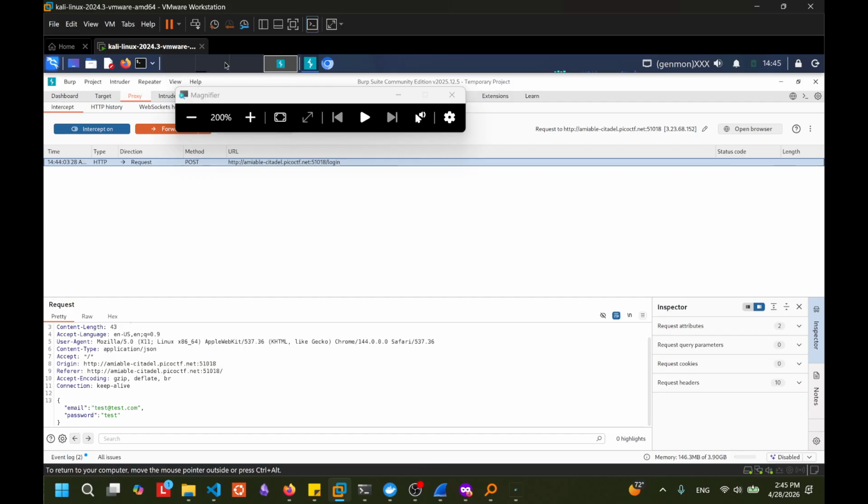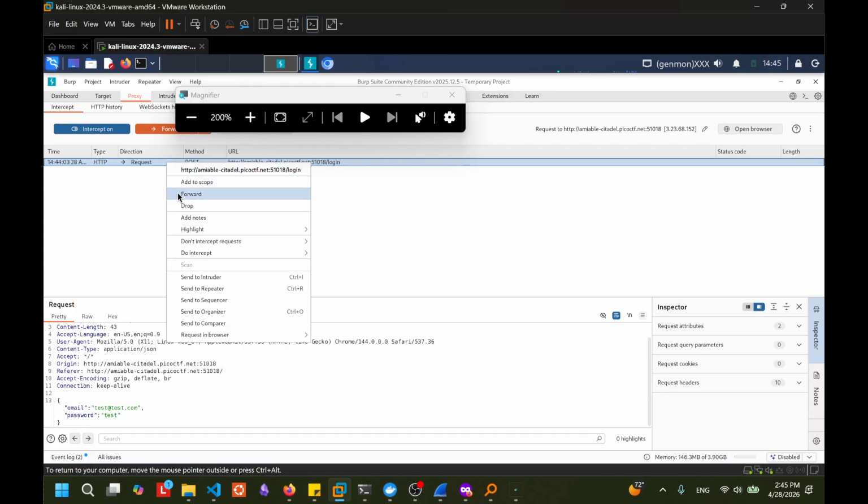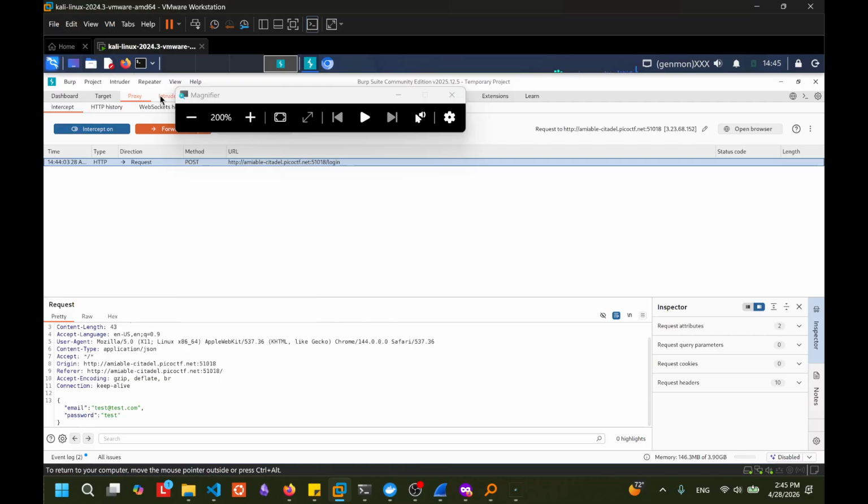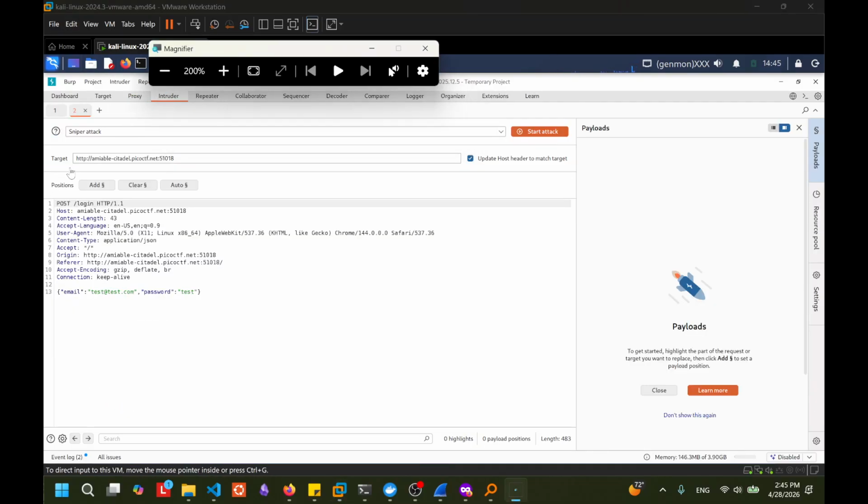In order to change that request, I'm going to have to send it to Intruder. Intruder is the tool that allows you to modify requests and send them on.